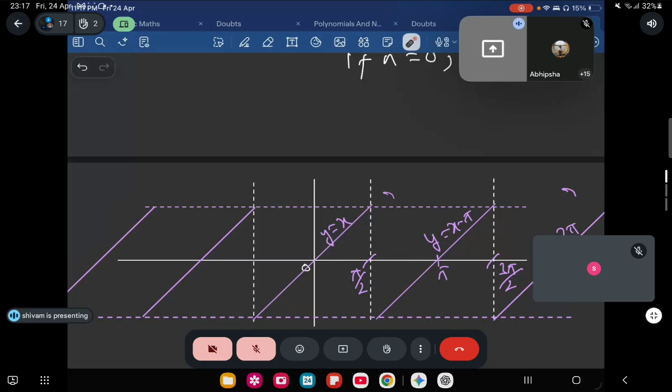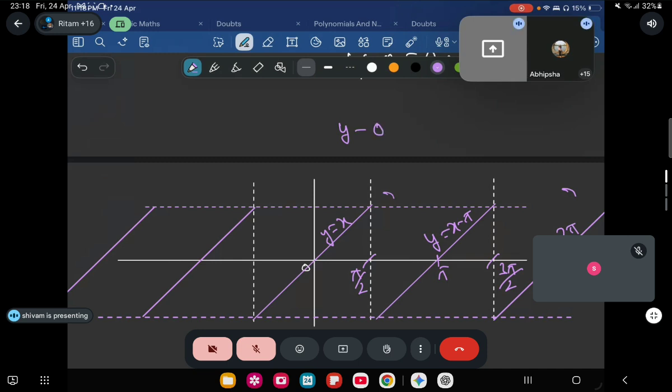Now, over here, we know the slope. We just need to find out through which point it is passing. Right, tell me, Aisha. So, over here, you see this branch. From where is it passing? Pi comma 0, right? Yes, sir. So, what is the equation of the straight line? Y minus 0 is equal to 1 into x minus pi.